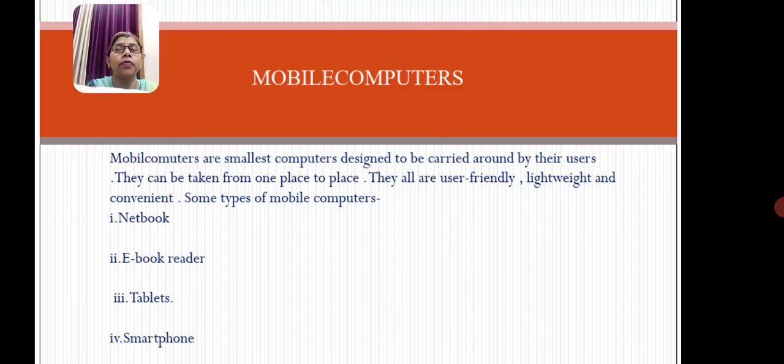There is an example: a netbook is like a tablet, or you can say like a notepad, and in this you can store a large amount of data, and you can surf and chat. A tablet is a small size of laptop type, and it also runs very fast and contains lots of data. It also sends lots of data at a time. It also performs many tasks at a time, but at a time one user can use a tablet.